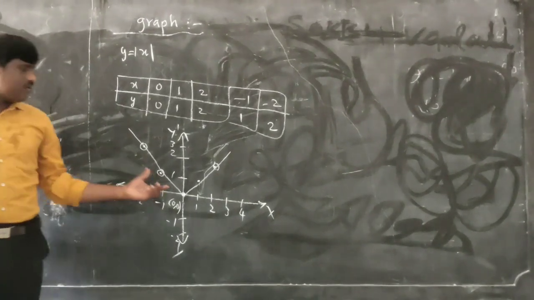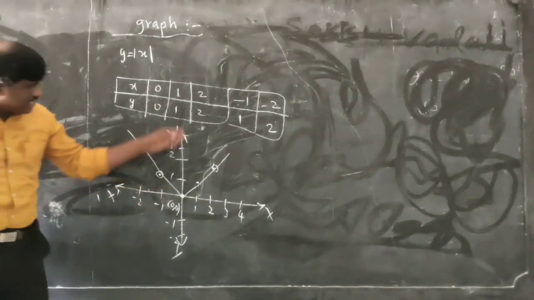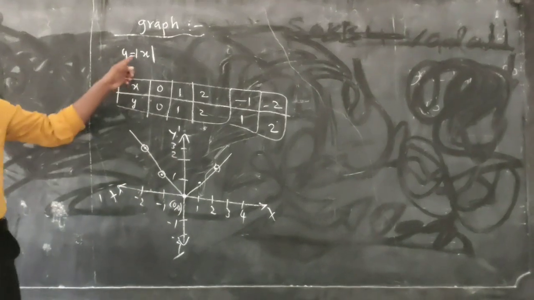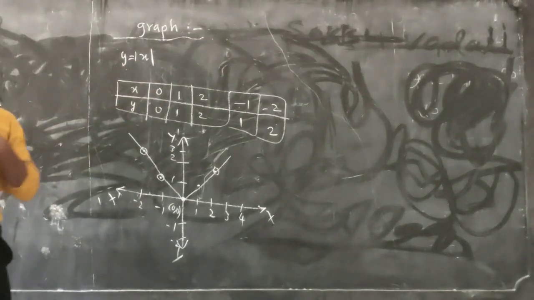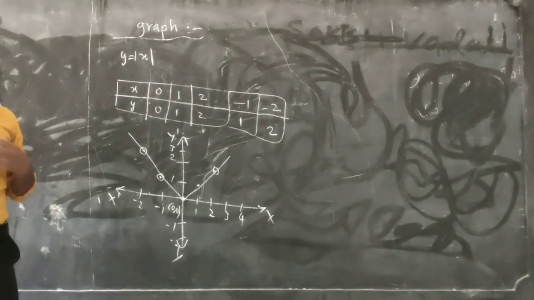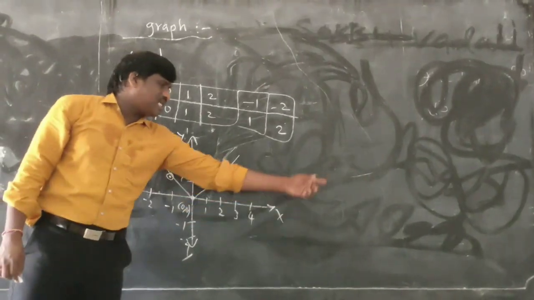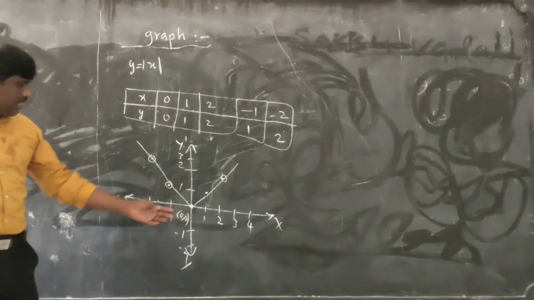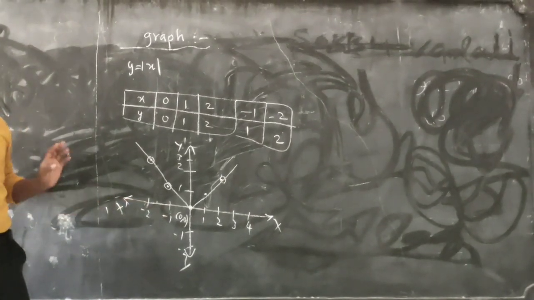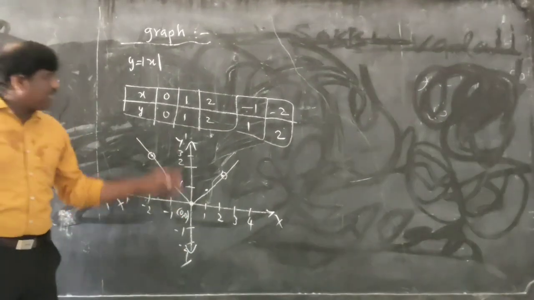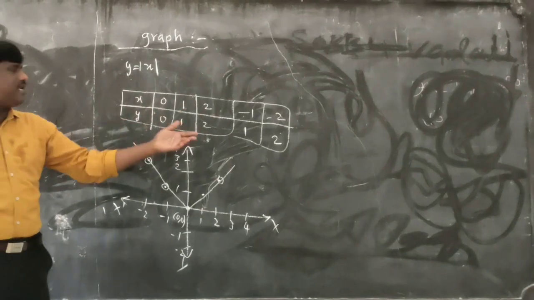So you understood what the graph of mod x is. Let us see the axes. x is always the input which we are going to give, that is a real number. Like here, these are the inputs we are giving: 1, 2, 3, 4, 5, 6. I can give infinite numbers, and here also minus 1, minus 2, infinite. y is the output, which is the result that comes out.